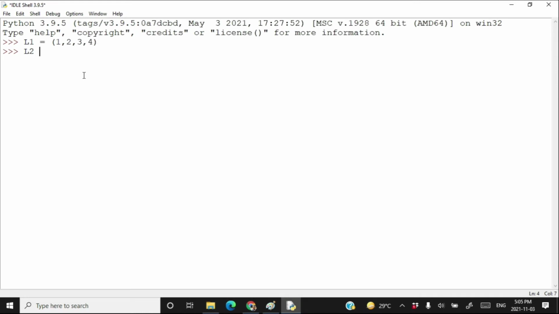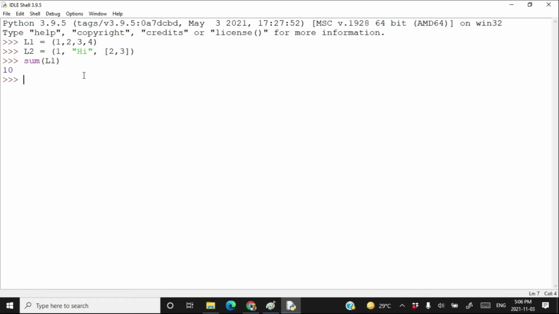L2 is equal to 1, hi and a list 2, 3. Press enter. Now type sum and pass the tuple L1 here. It adds all the elements in the tuple.